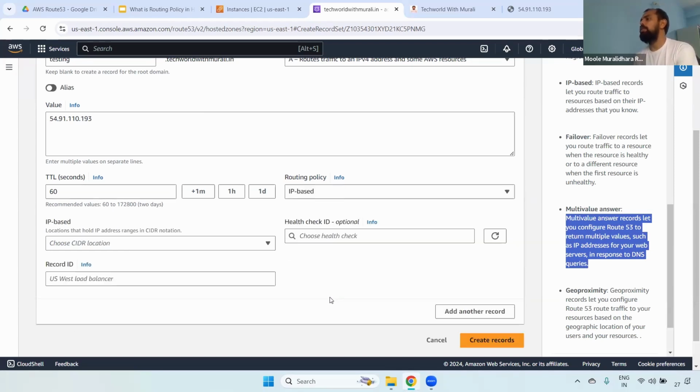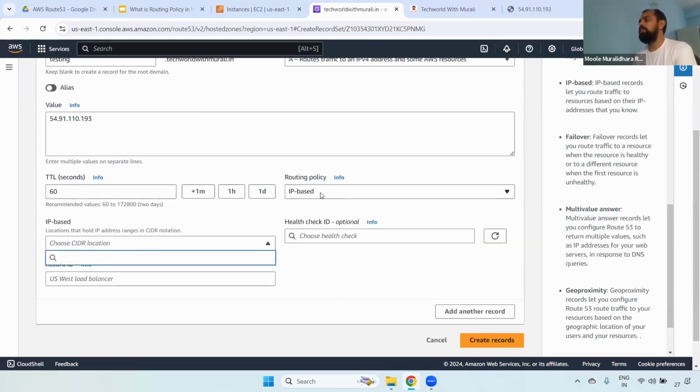And coming to IP based, the traffic will be routed depending on the IP-based option you have selected. For example, if you have listed particular IPs here, it will allow only those IPs you allowed. I mean to say, it won't route the traffic to other IPs. You can restrict this one. For that, you have to create a specific IP-based